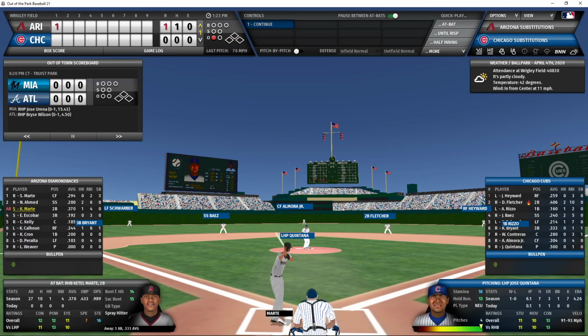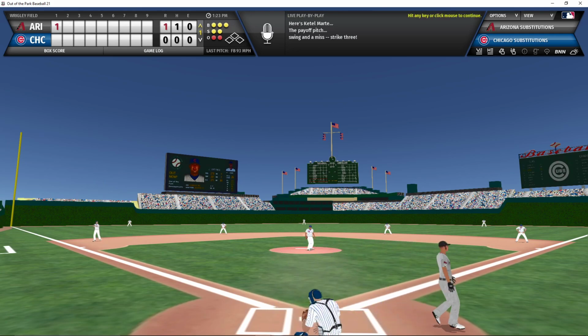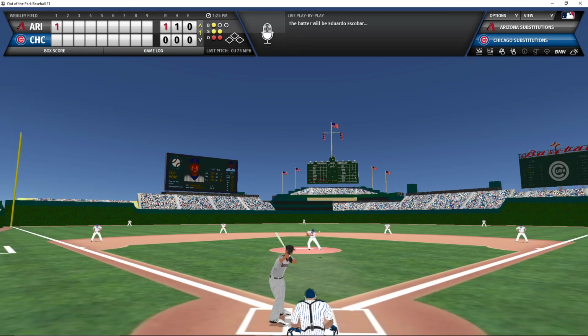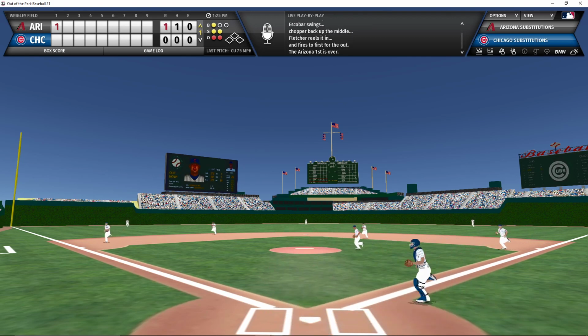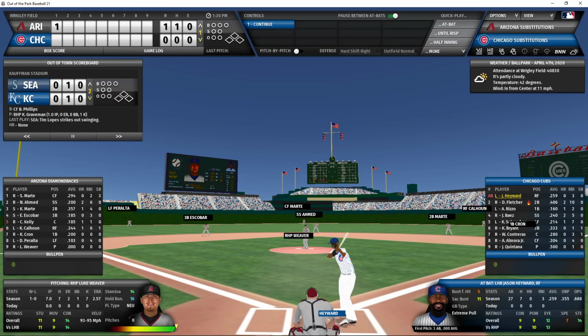Now there is 1 out and nobody on for the other Marte, Kettle Marte, batting now with a full count. Here's the pitch. And that is a swing and a miss on a fastball for strike 3. 2 down now. Quintana looking in to Escobar with a 1-2 count. Here is the pitch. And he induces a ground ball to second, Fletcher to Rizzo to retire the side. The Diamondbacks get 1 hit and score 1 run and lead the game 1-0